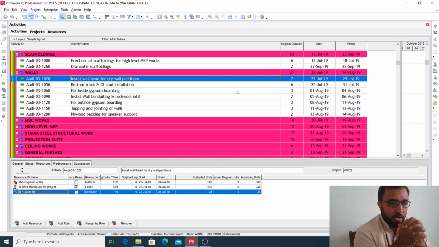So in the next lecture I will tell you, once you have assigned all these resources, how to make the histograms, how to extract the data from here, and S-curves and histograms for the quantities, for the machinery, and what machinery you need per day, and what labor you need per day or per week or per month. So you need to make histograms and S-curves, and how to extract this data, and how to do